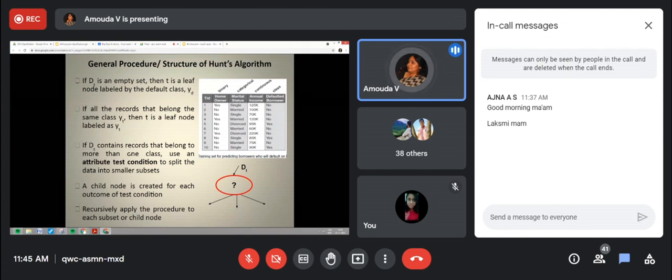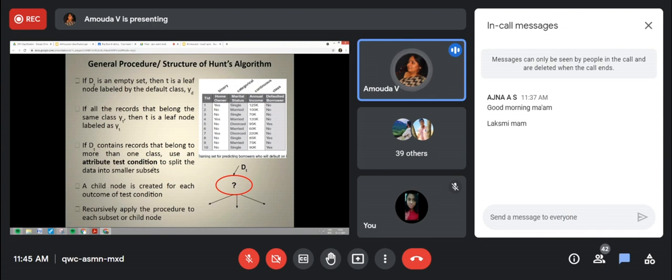If DT contains records that belong to more than one class, then we need to test conditions on each and every value of the attribute. You have to test whether it splits or belongs to a class, to split the data into smaller subsets.